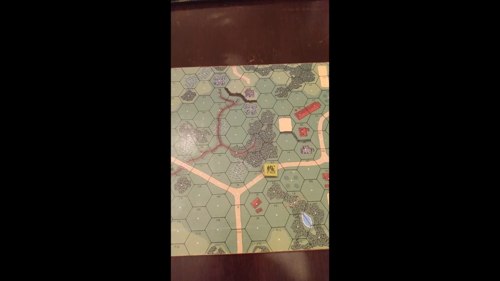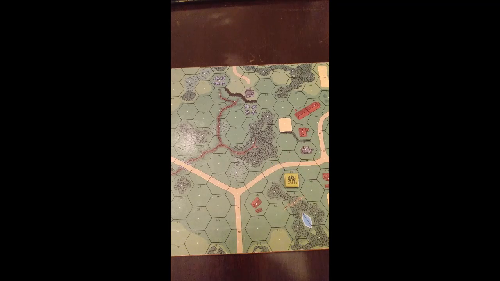We can see another type of terrain to our right, which is this orchard. The orchard symbol has these darker kind of tree symbols on a sort of organized pattern. And it costs 1 movement factor to enter, similar to open ground. It does offer a little bit more protection than open ground for being fired upon. We have no idea what kind of trees those are. They could be apples, they could be pears, they could be who knows what. So it doesn't really matter. We do want to enter that orchard hex, 1 movement factor.